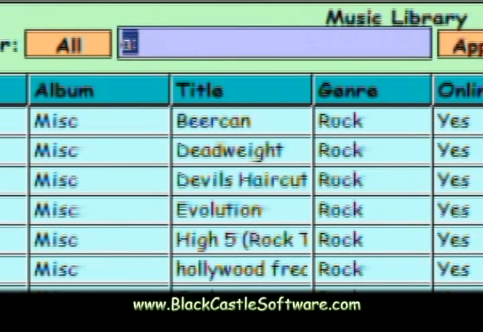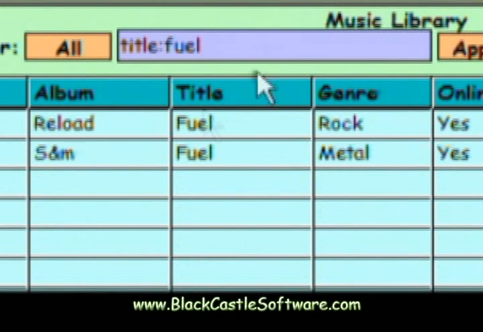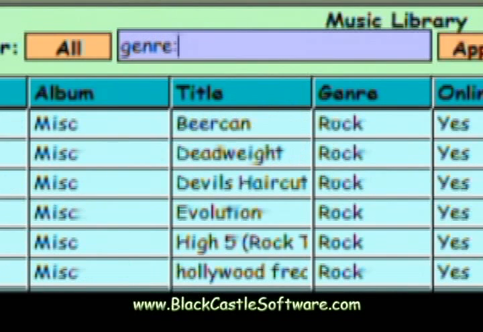But just A won't. So you could type album, or al, song title. You need the TI for that. I don't think T will work because TY is for type, such as MP3, WMA. I don't think I have any WMAs. My collection is pretty much all MP3s, so it doesn't really help me out at all. Genre, or G, we'll say